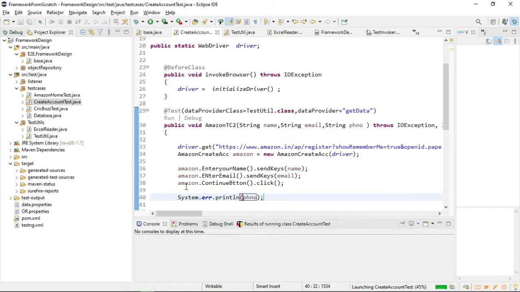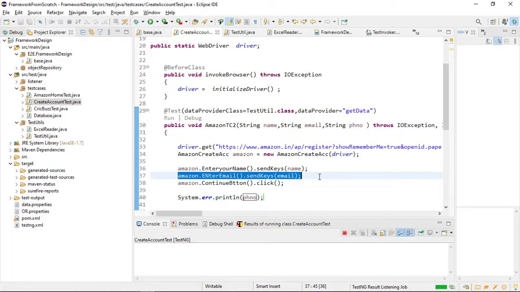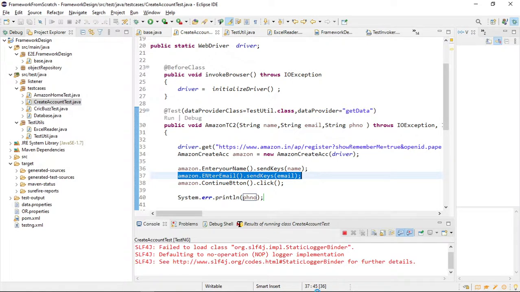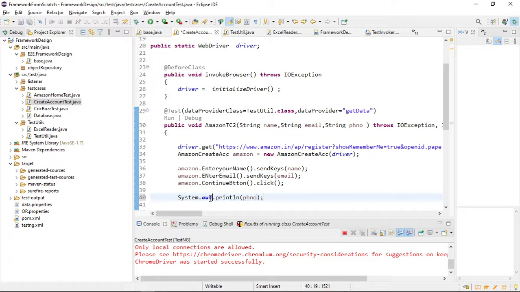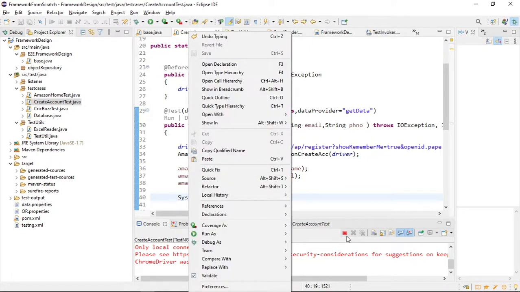You can do this activity of sending the phone number by writing one locator in the page object class. Here I am simply using system dot out. Generate again.